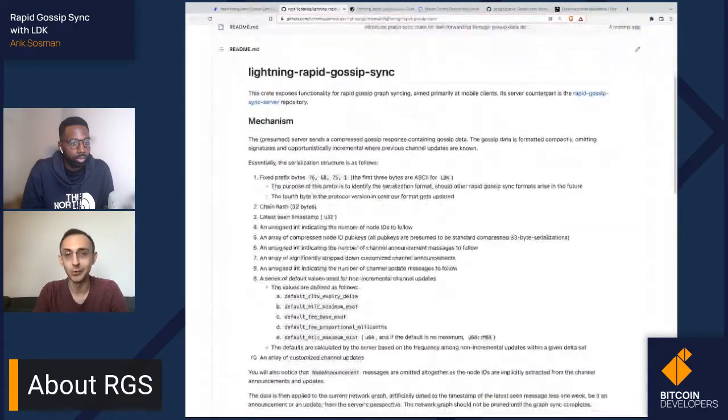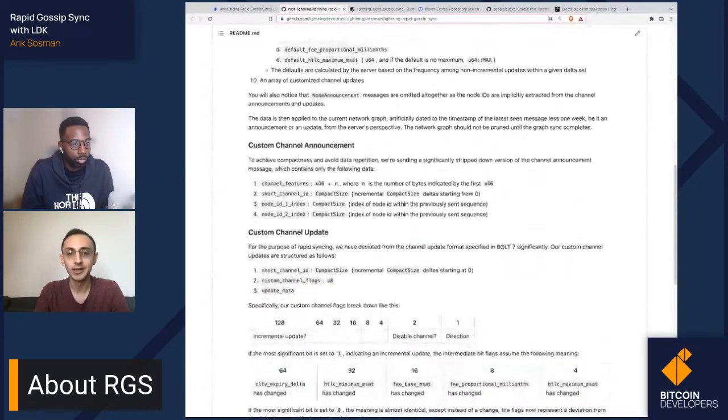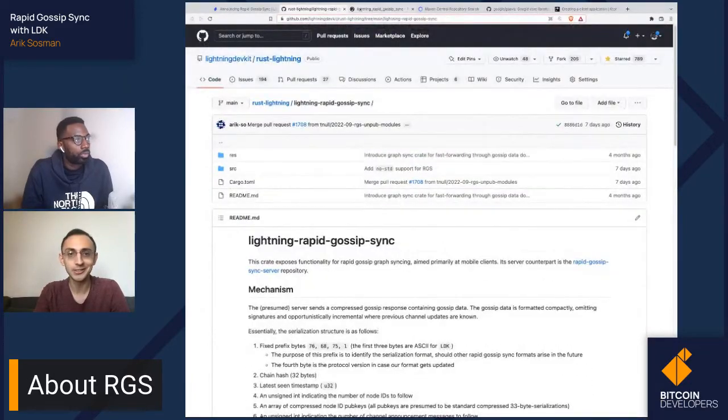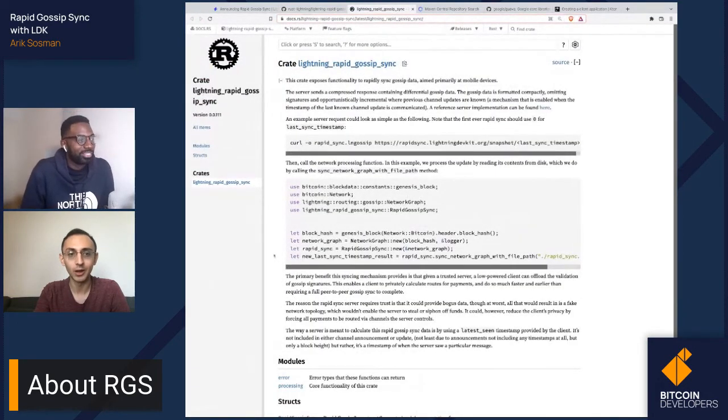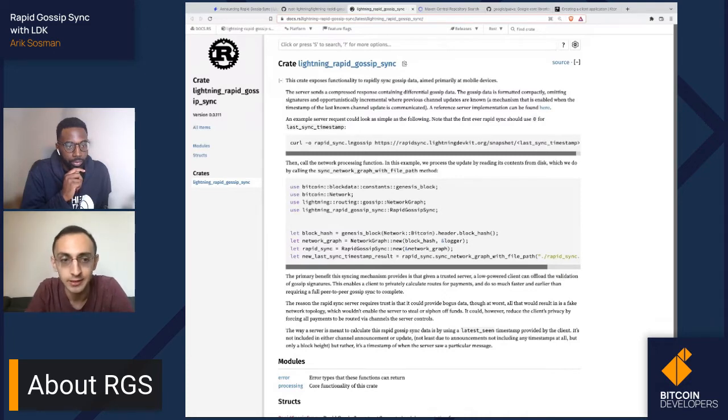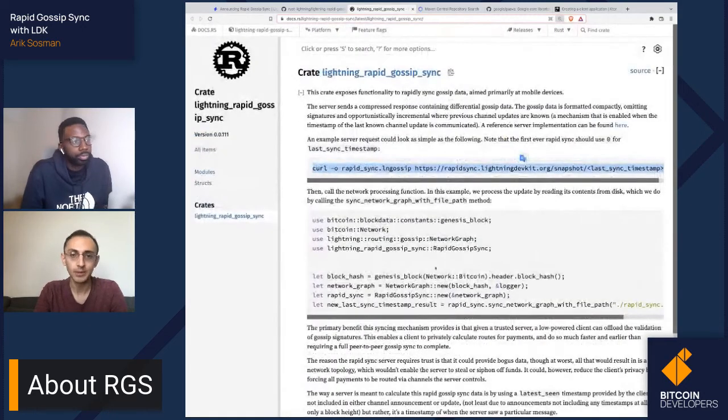And if you want to read even more, then you can actually read the source code. It's, I dare say so myself, rather nifty. It's quite cool how well we've been able to compress it. Of course, it does come with a slight expense of you either having to run your own Rapid Gossip Sync server that is going to be able to take that gossip data and compress it, or rely on a semi-trusted already existing server that we have deployed at this URL that you see in the first code snippet box there, starting with the curl -o. But I think it's worth the trade-offs.